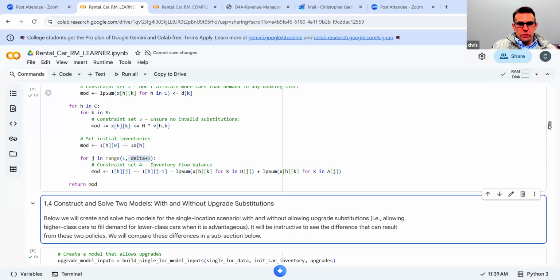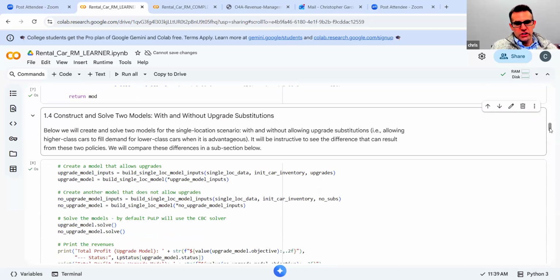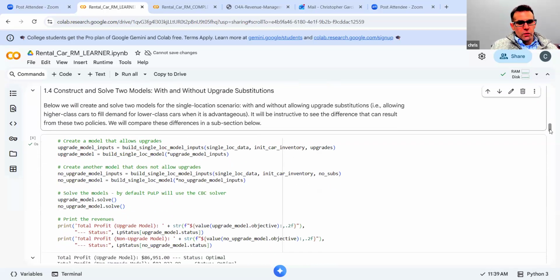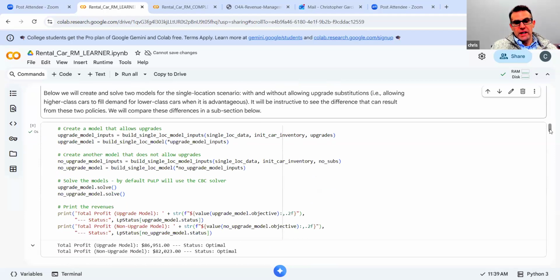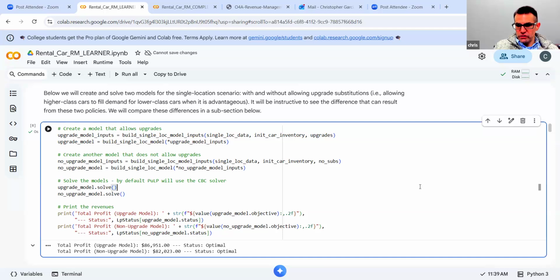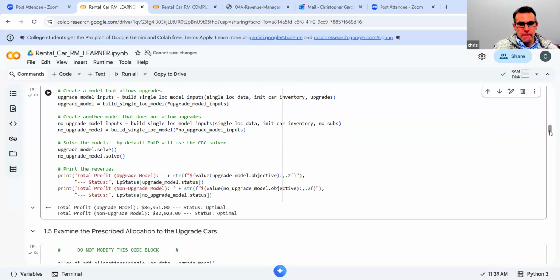Now, as a scenario, I'm going to show what we can do. We're going to build our models here. We're going to make two different instances of the model: one where we solve with no substitutions and one where we solve with substitutions. When we solve that, we can see a difference here, right? We can see the profit that I make when I allow upgrades is